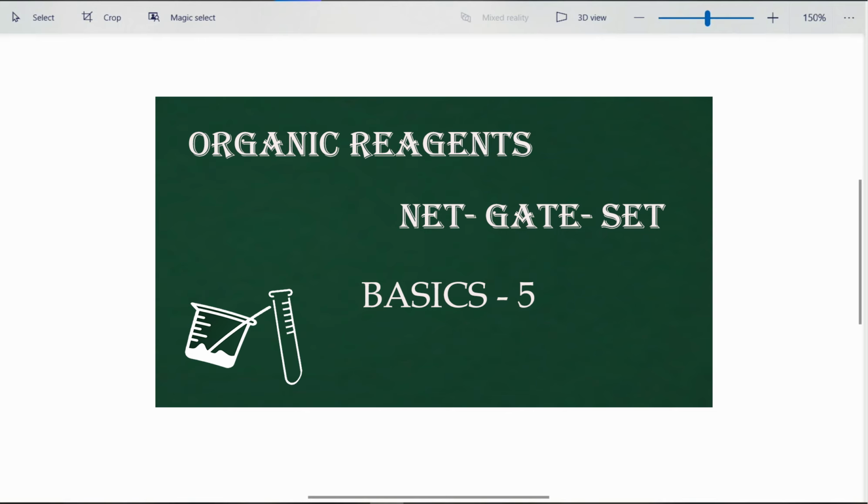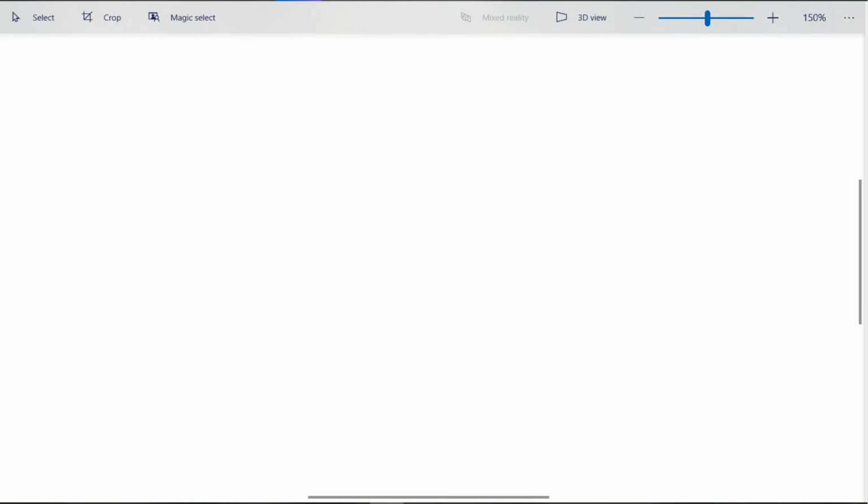In today's class, we are going to discuss the continued topic of yesterday's, that is, the factors affecting Michael's addition and direct addition. Whenever you have conditions such as Michael's addition, we observe 1,4 addition of reagents to the substrate. In case of direct addition, that is simply 1,2 addition, right? Now, in yesterday's class, we discussed certain alpha beta unsaturated electron withdrawing group containing organic compounds and how those reactions support a particular addition process.